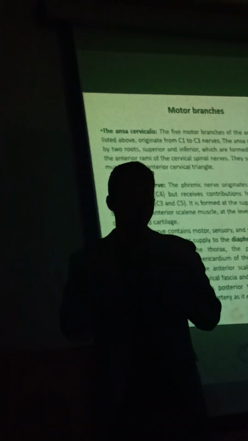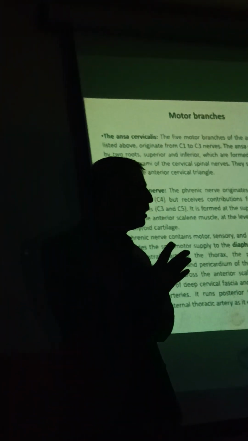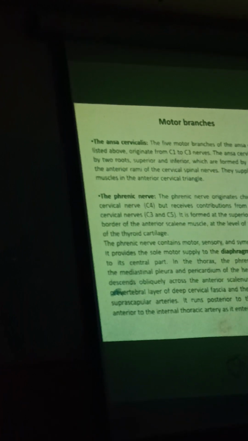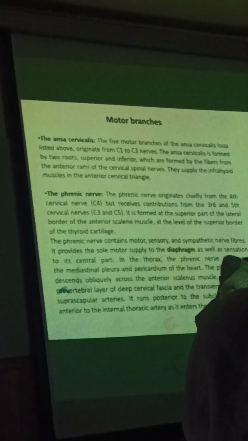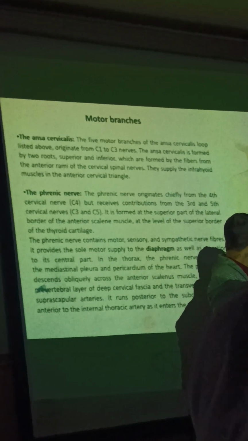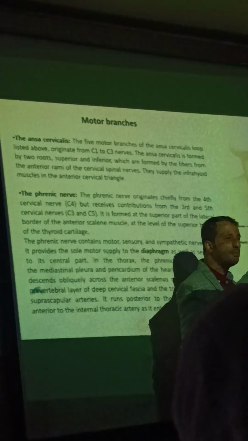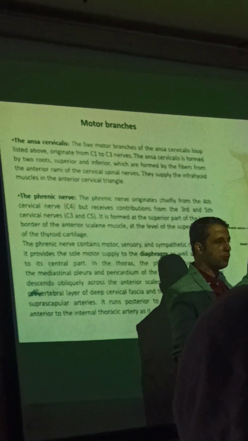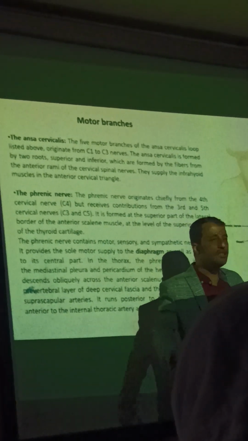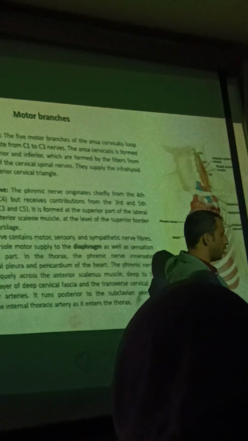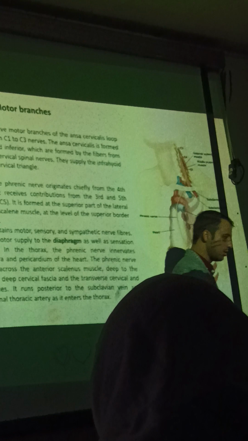But the important part of the phrenic nerve is from C4. The phrenic nerve innervates the diaphragm. And also, it has some sensory branches for the pericardium and for the parietal pleura. It is one branch of the cervical plexus. Another branch